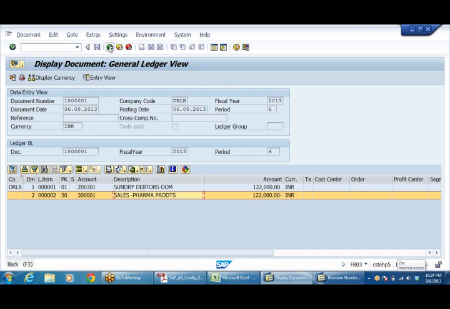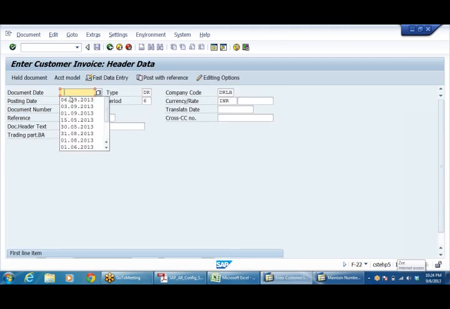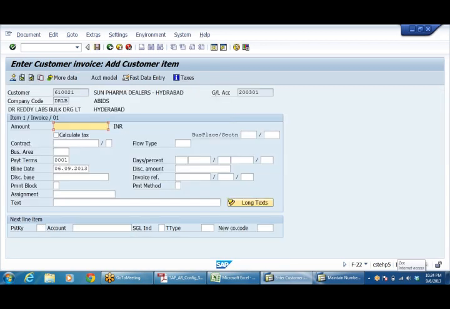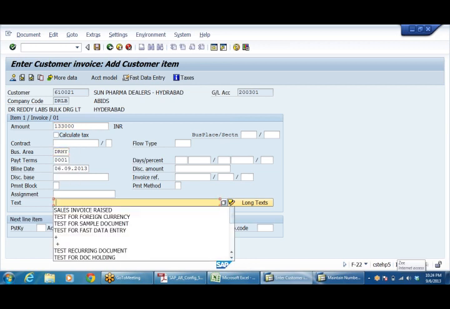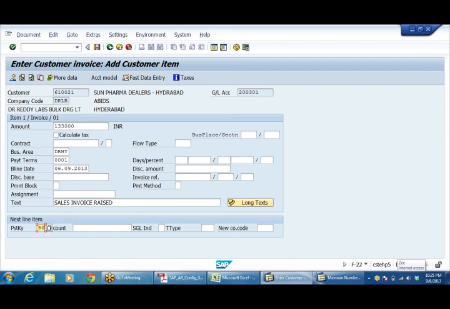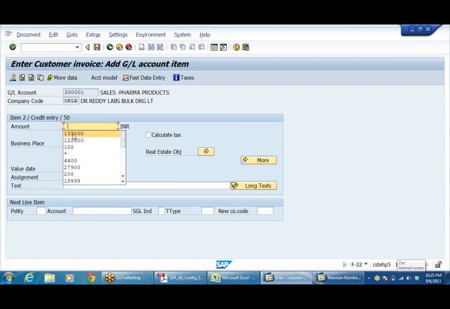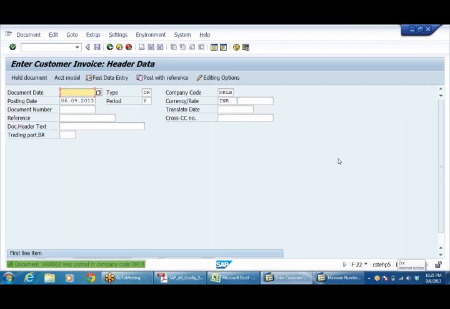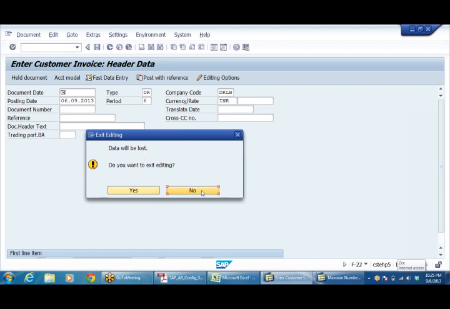I'll show you. Let me post one more entry in the same way to the same party. Again this also is posted to the same party, same sundry debtors.